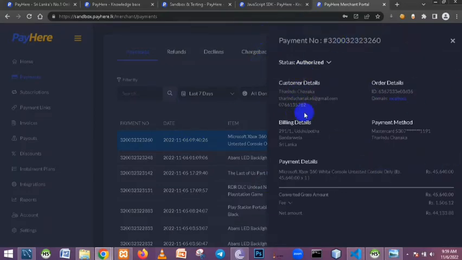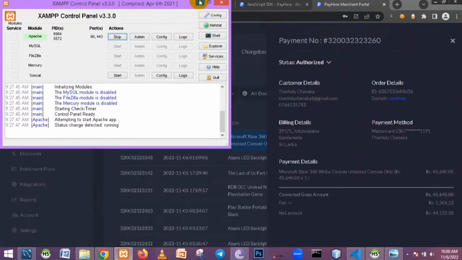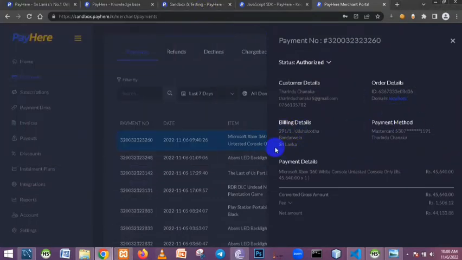So there are customer details here and order details. My domain is localhost. Now you know that we are logging into our domain through this XAMPP control panel, so its domain is localhost. So billing details here, and we have payment method and net amount here. Alright,